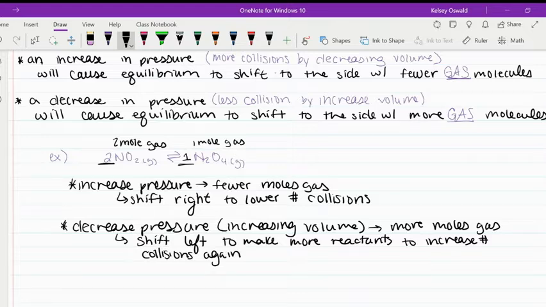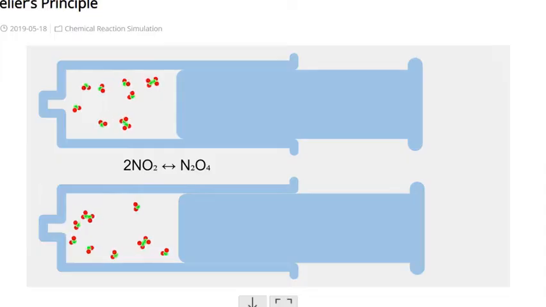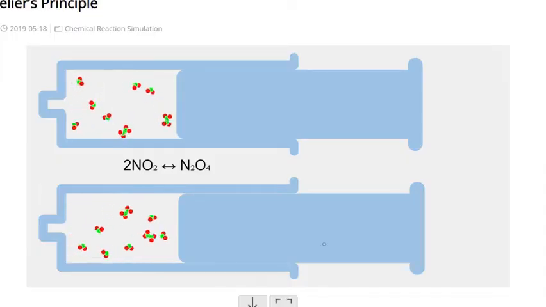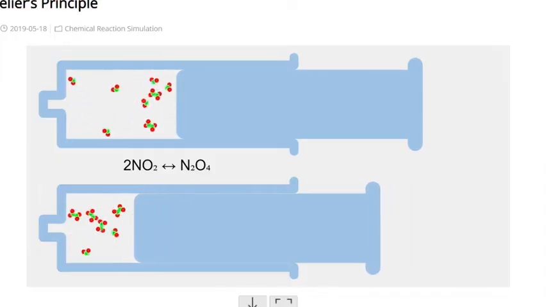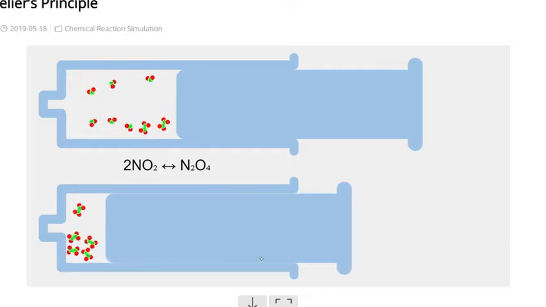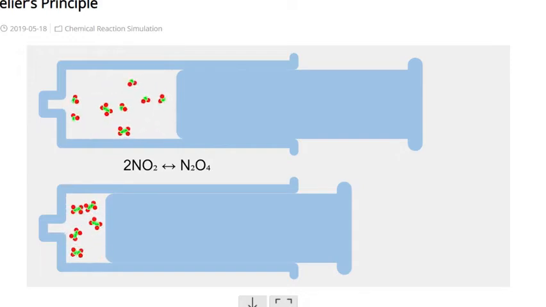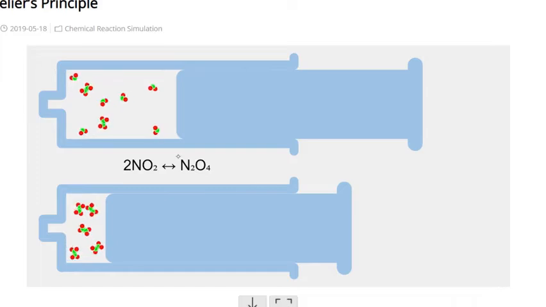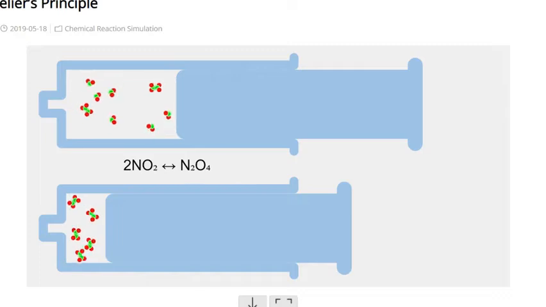So when we're looking at pressure, we're really just looking to see which side of our reaction has more moles of gas, which we were just talking about. We can see that if we decrease the volume, we're going to increase our number of collisions. And when we increase our number of collisions, or increase our pressure, our equilibrium is going to shift towards the side with fewer moles of gas. So since our product only has 1 mole of gas, we're going to shift to the right and start making more N2O4